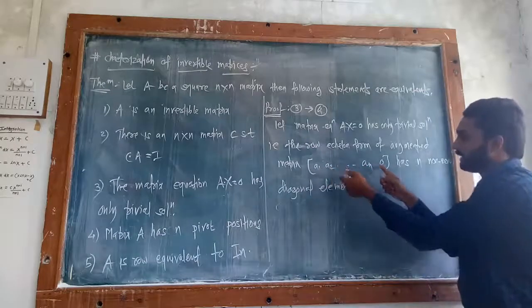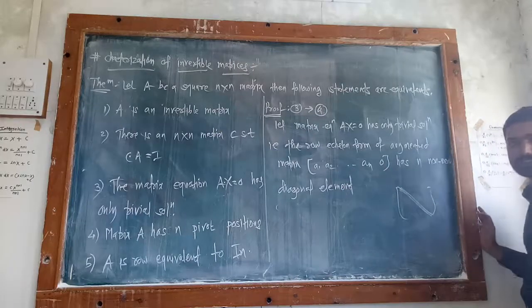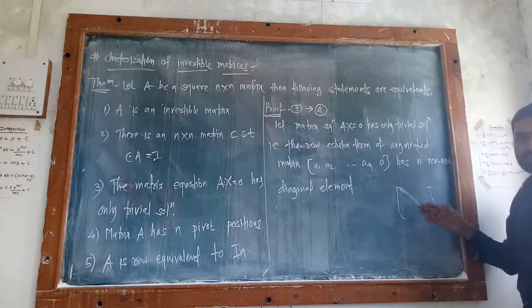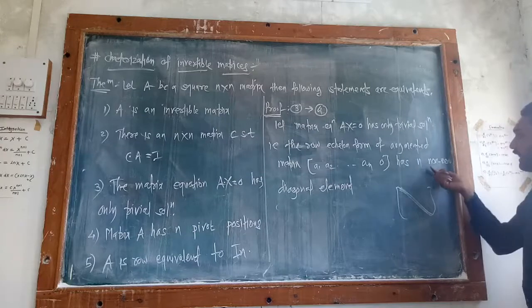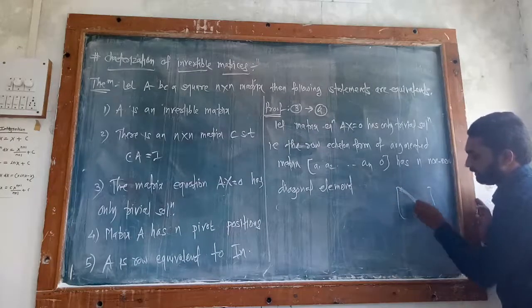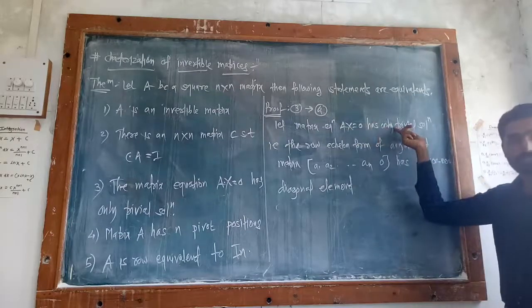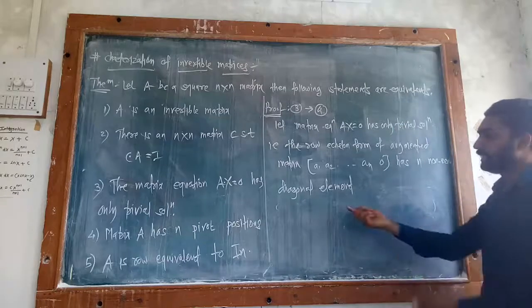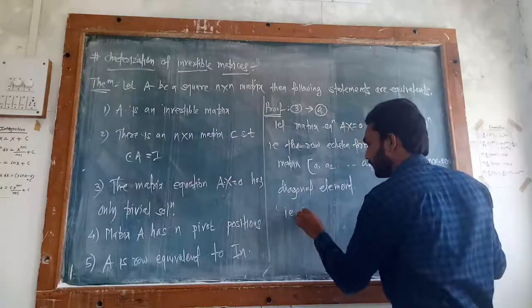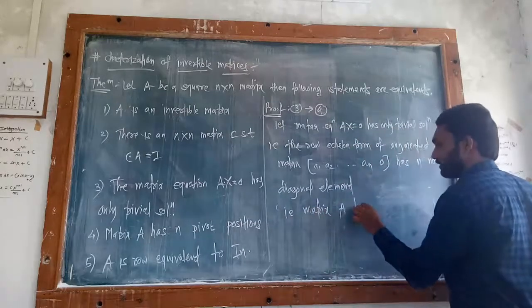All the non-diagonal elements are 0. So all these diagonal elements are non-zero because Ax equal to 0 has only trivial solution, right? So we get n non-zero diagonal elements. That is, matrix A has